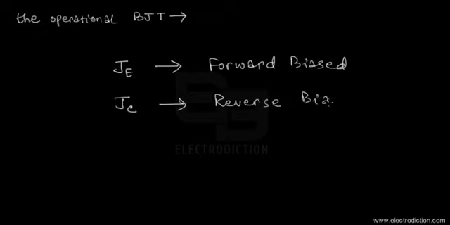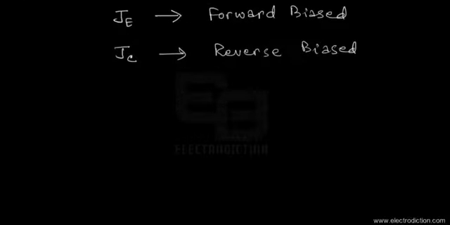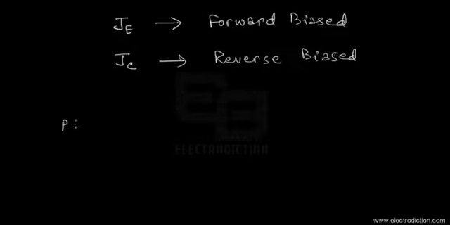So here, if you all would remember, the emitter junction represents the semiconductor junction between the emitter and the base terminals, and the collector junction, that's JC, represents the junction between the collector and the base. Okay, so now that we know we have two different types of transistors, that is the PNP type and the NPN type,